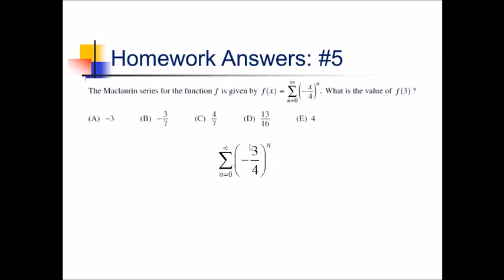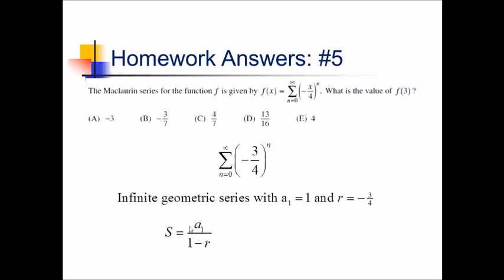We keep multiplying by the same thing over and over again. This is a series with an a1 value of, if we plug in 0 here, this is just 1, and an r value of -3/4. That's what we keep multiplying by. So we can actually use our infinite series sum formula for geometric series. This formula right here, a1 over 1 minus r. Let's just plug in a1 and r and see what this thing comes out to,